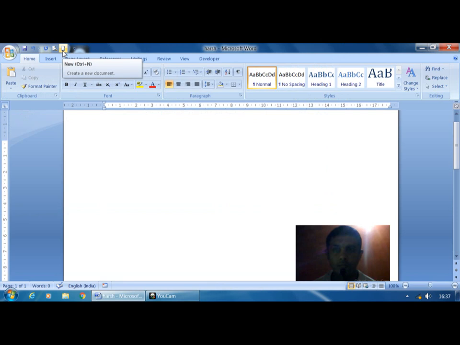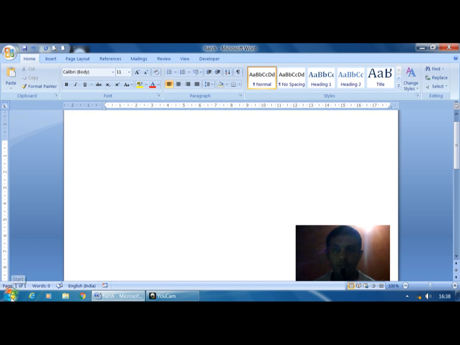As the name itself indicates, quick access toolbar. Immediately after, you can see this bar. This bar is called the title bar. From the title bar we can view the document name. Normally it shows document 1 here. By default, if you open, now I have saved this one, and this one is called the application name, Microsoft Word. And if you open Excel, here the name will change. Instead of document 1, it shows book 1.